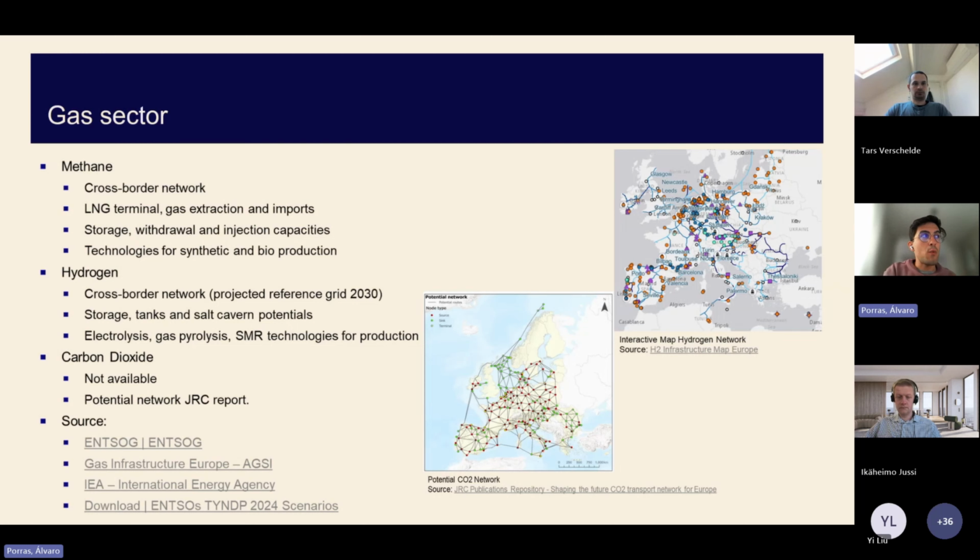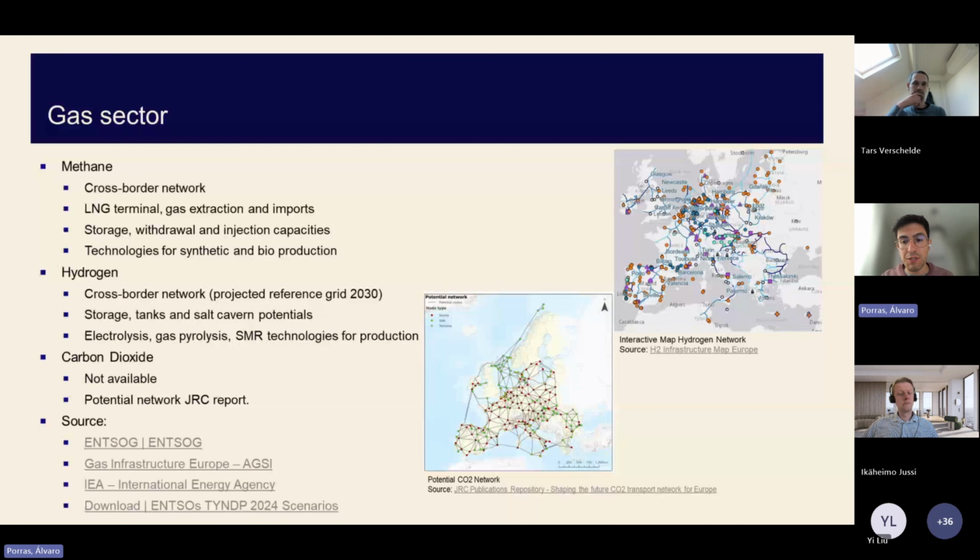In the hydrogen one, we are representing also the cross-border network, but in this case, we are using the projected reference grid by 2030 that has been used in the latest study of TYNDP 2024.